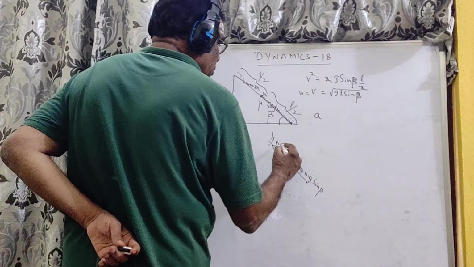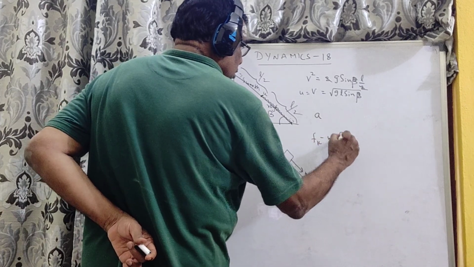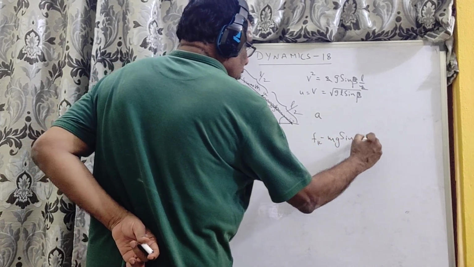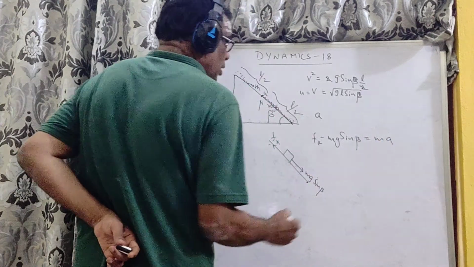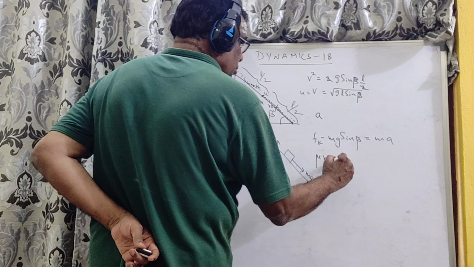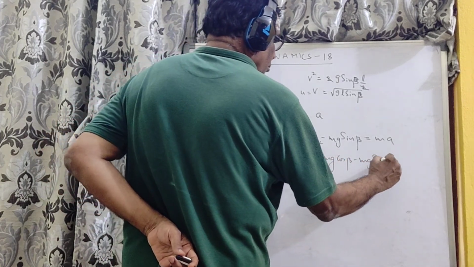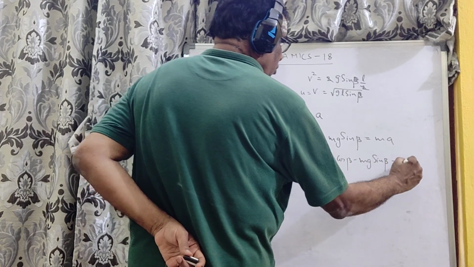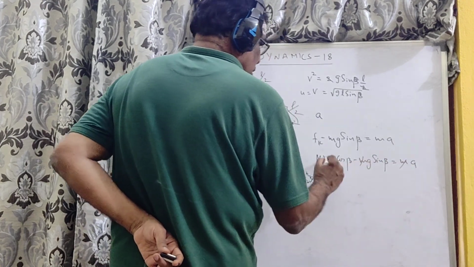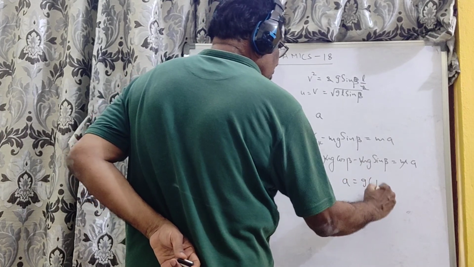So what do you do? fk minus mg sine beta is equal to ma. And this is mu N. N is, because this is a fixed inclined surface. So a is equal to